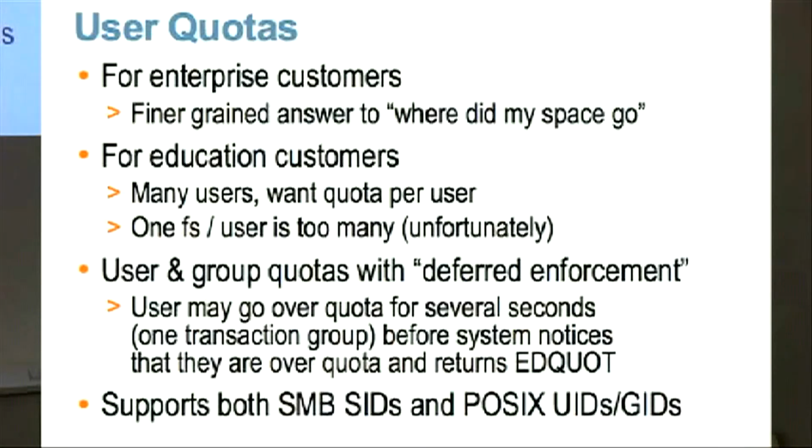say, a university environment, lots of students, because we can support lots of file systems in a pool, you just create one file system per user, and then the quotas are actually on the file systems. And there's a lot of things that are simplified by that model. Some people have actually adopted that and been very happy with it. We're among them. But we still get a bunch of customers who say, I'm trying to do 10,000 or 100,000